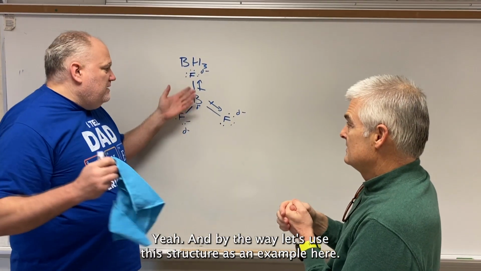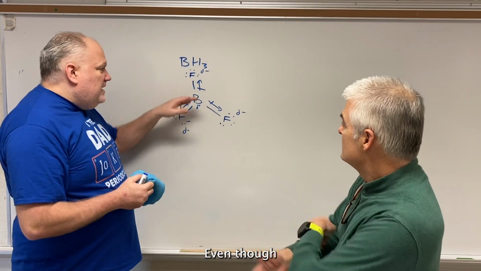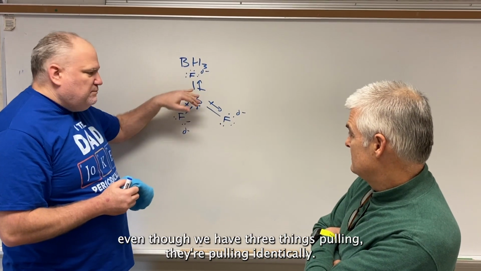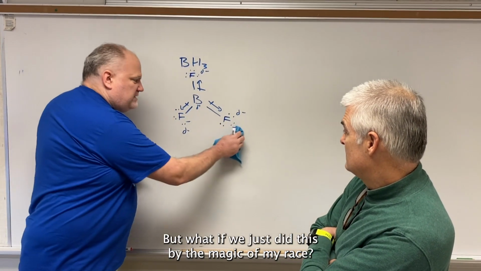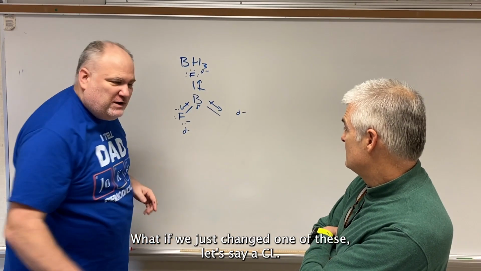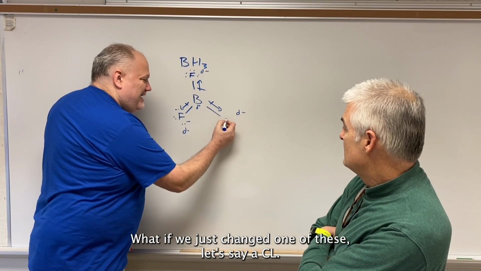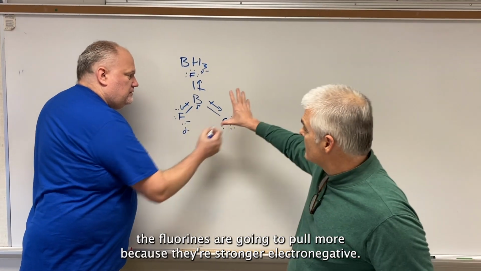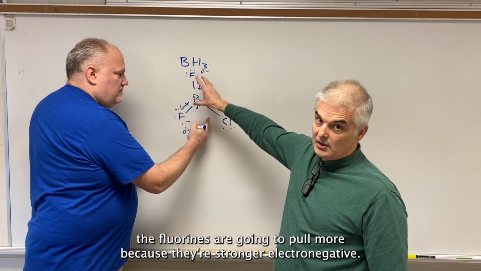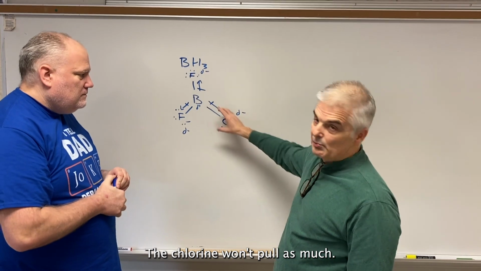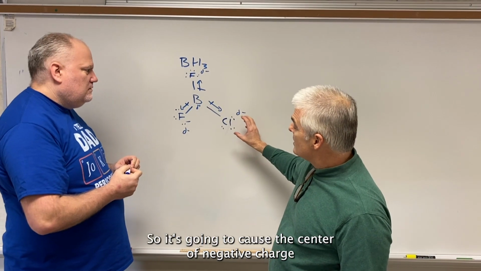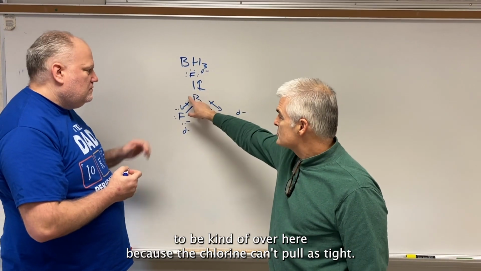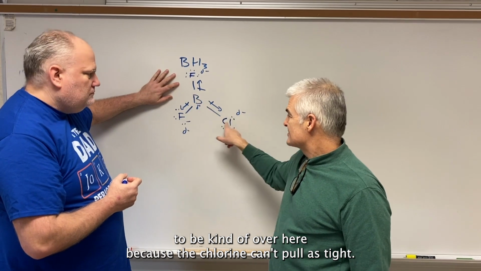And by the way, let's use this structure as an example here. Even though we have 3 things pulling, they're pulling identically. But what if we just did this by the magic of my eraser? What if we just changed one of these to, let's say, a Cl? Because, of course, the fluorines are going to pull more because they're more electronegative. The chlorine won't pull as much. So it's going to cause the center of negative charge to be kind of over here because the chlorine can't